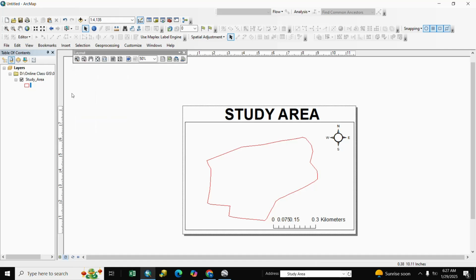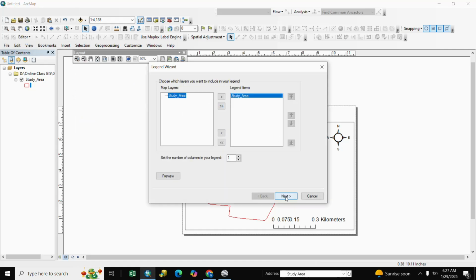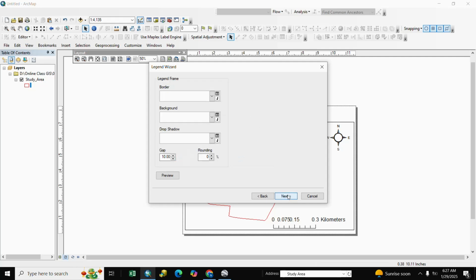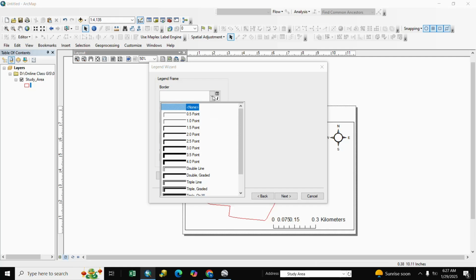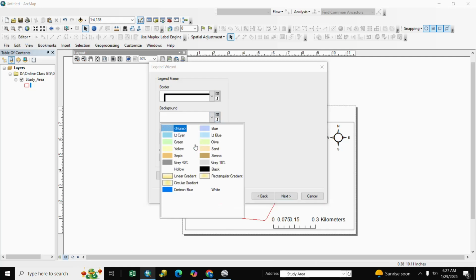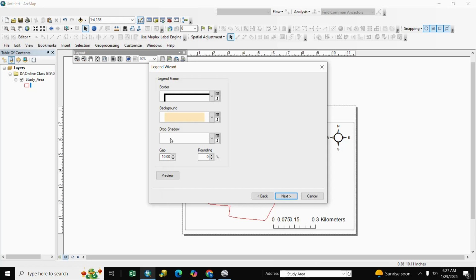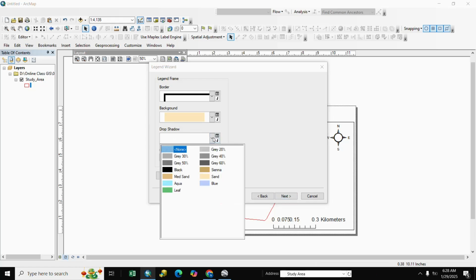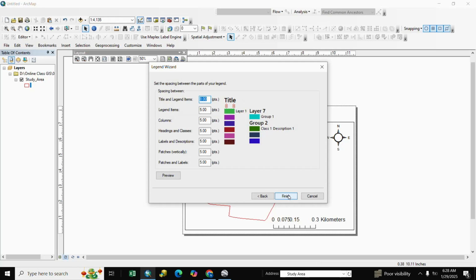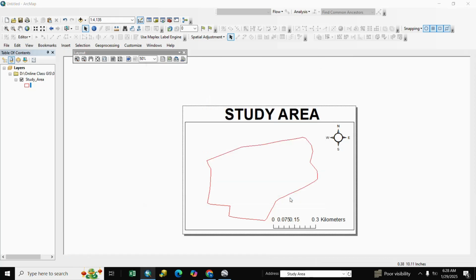Go to legend, next, and we select here border and background and drop shadow, next, and finish.